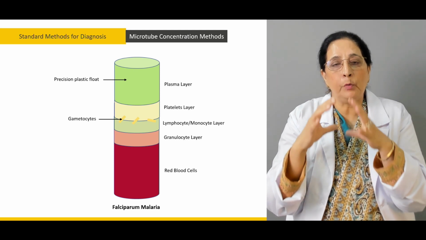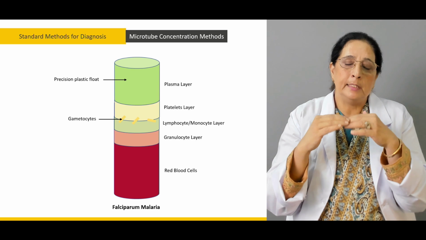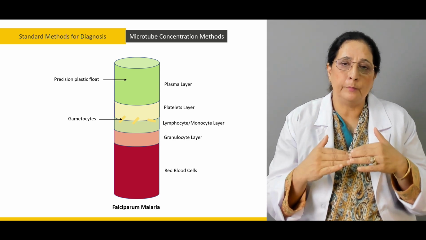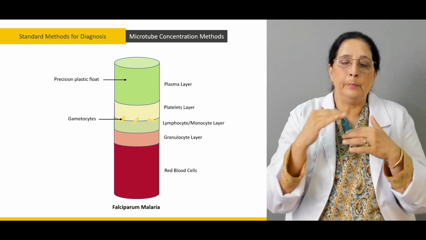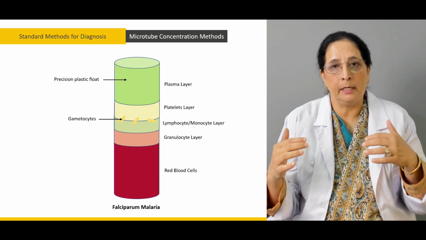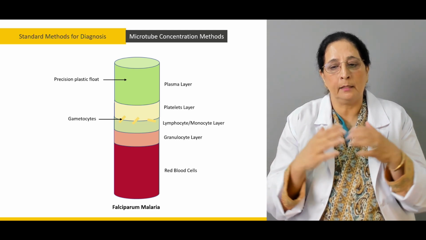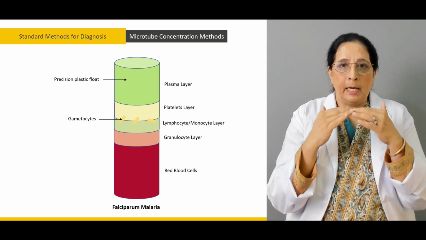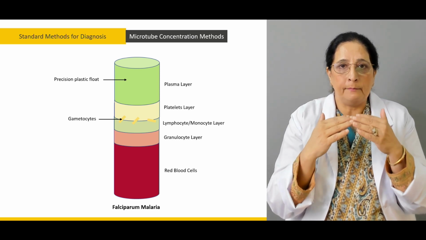Plasma is the liquid portion of the blood which comes on the top, and then the red blood cells come to the bottom. Below the plasma layer, we have the platelet layer, then the lymphocyte layer, granulocyte layer. So plasma, then platelets, then lymphocyte,